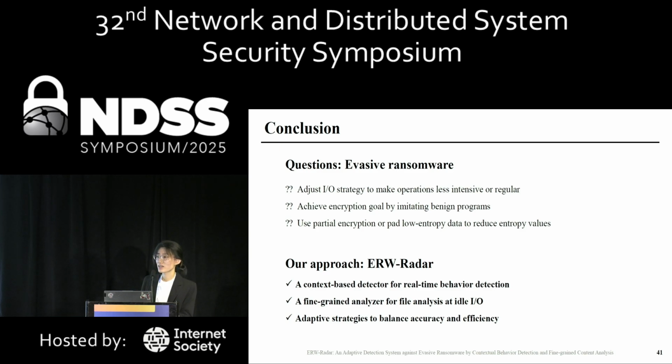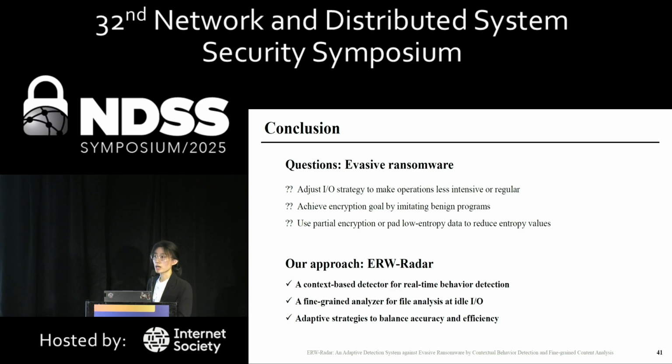Given that you want to move the analysis into the idle time, which I can understand from an overhead perspective, the ransomware could just perform a lot of damage before the analysis takes place. Do you have any experience with that in your research, or did you find that ransomware might be a problem? Do you mean that before detection, a ransomware may always cause some file data loss? Yeah, because if you're moving the detection into the idle time, the damage might already have happened.